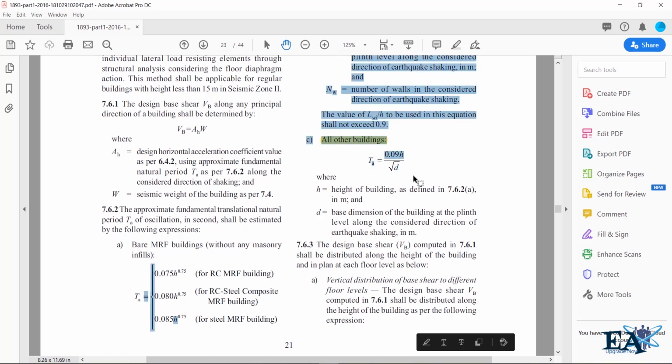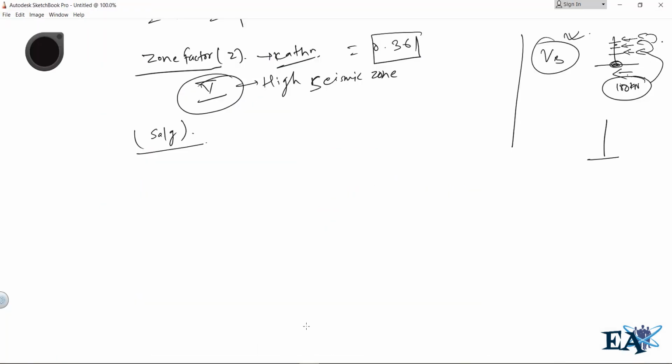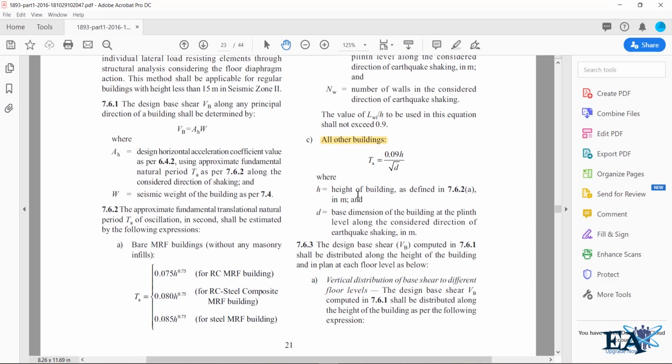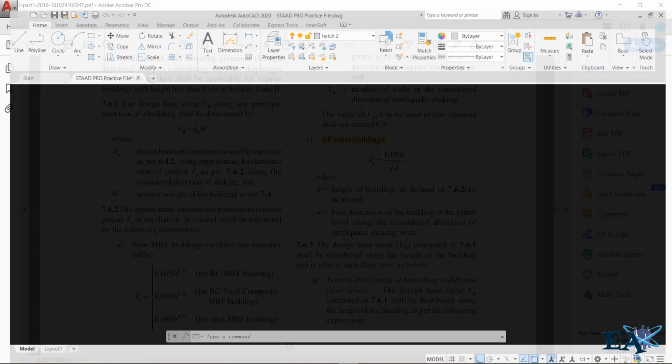Time period Ta is equal to 0.09 times h upon root over d. So the expression for the time period is T = 0.09 h / √d, where h is the height of the building and d is the base dimension of the building at the plinth level, which means that